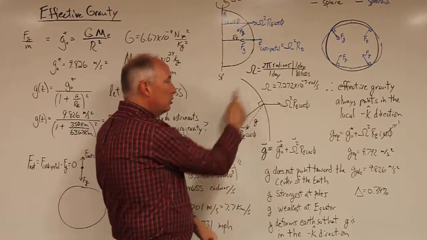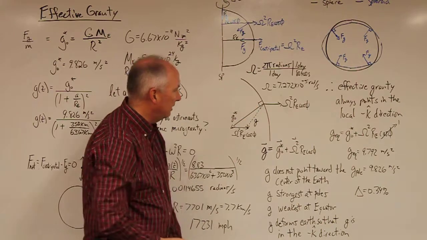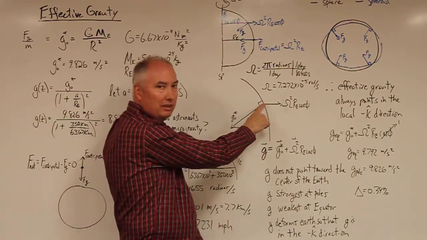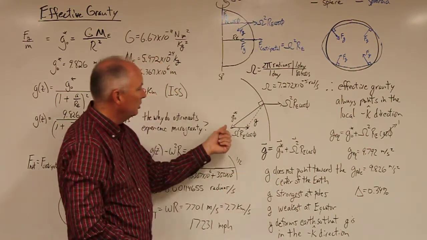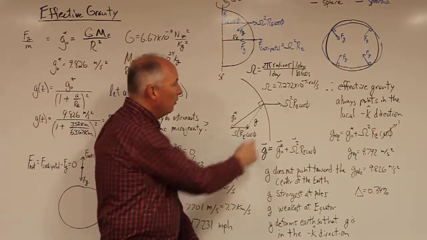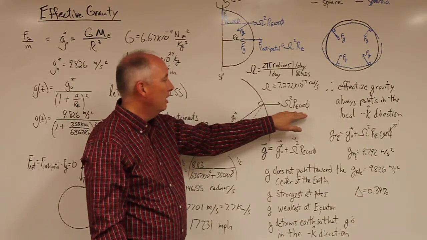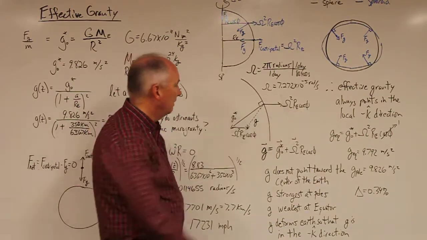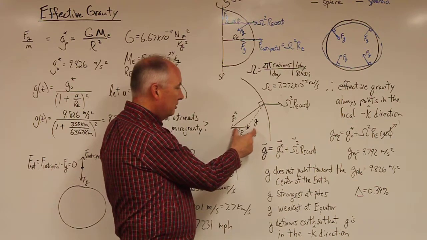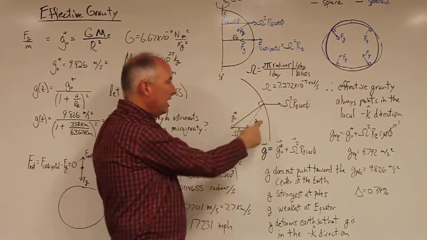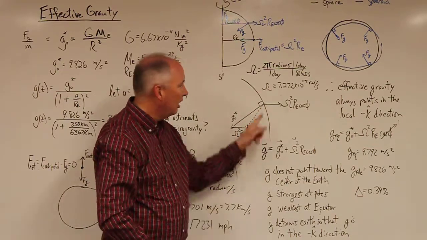So let's just take a closer look at that. If we blow this up a little bit, we have the Earth's surface about 45 degrees north. We have the gravitational acceleration, which is pointing towards the center of the Earth. We have omega squared, radius of the Earth times the cosine of the latitude, which is our radial arm. And that vector can be added into the situation, and you have the resultant vector g, which is the dashed